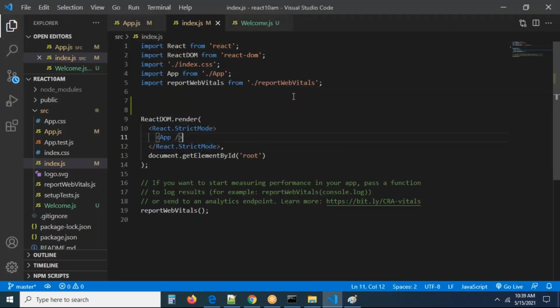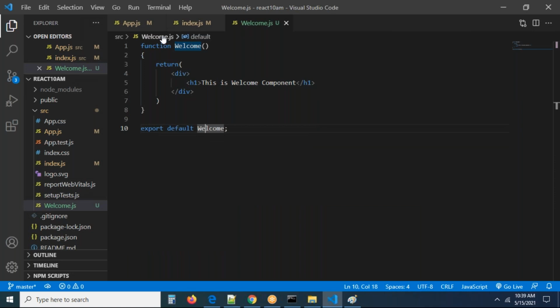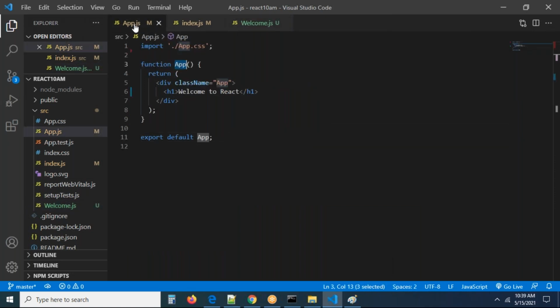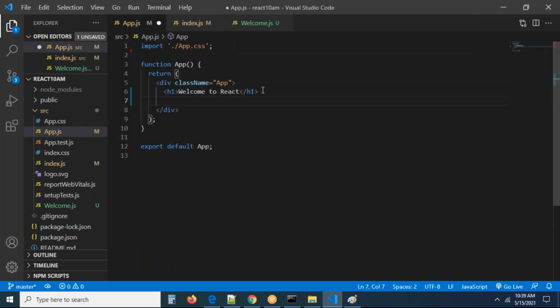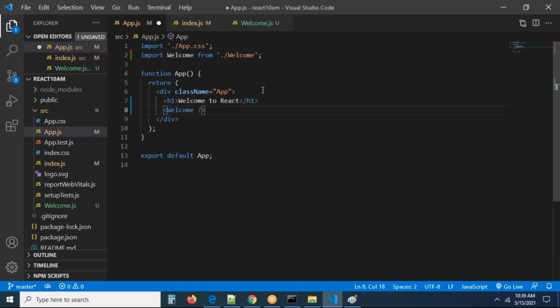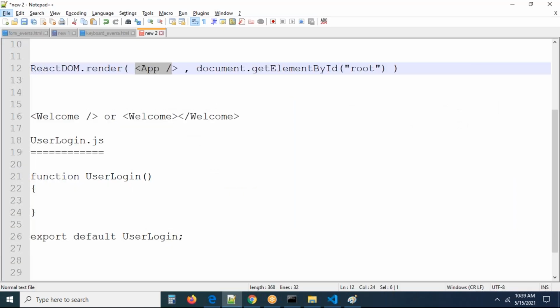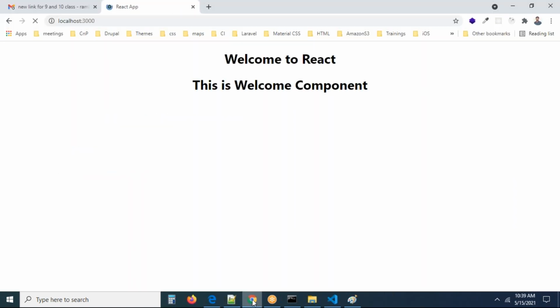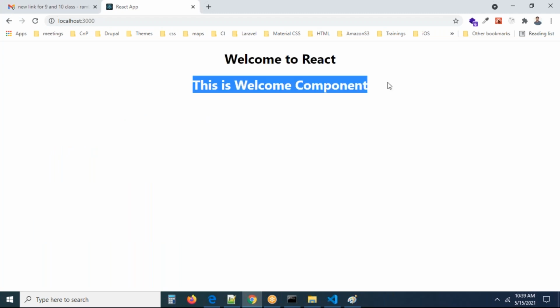So you want to load the Welcome component, right? You can also do one thing, guys. At this point of time, this is the component you created, right? You can load the component into App. Now you can go to app.js. Now in the return method, I am going to load the Welcome component. This is what exactly I'm going to do. If you want to write a Welcome component as an element, first of all you have to import it. I imported. Now you are going to see the output of the Welcome component and the App component. This is written in the App component, this is written in the Welcome component.